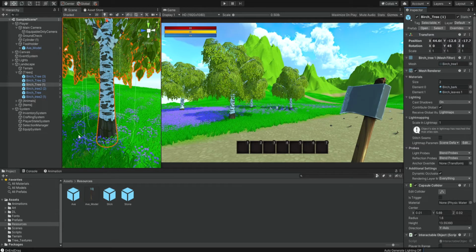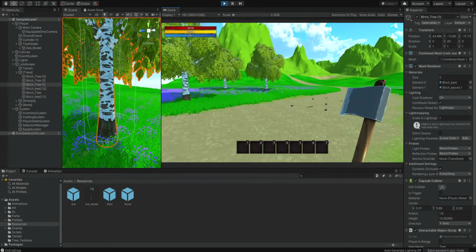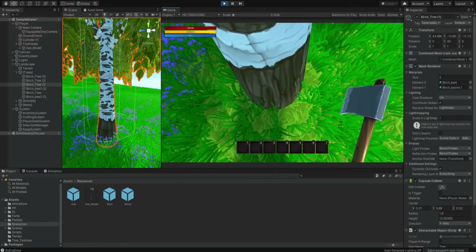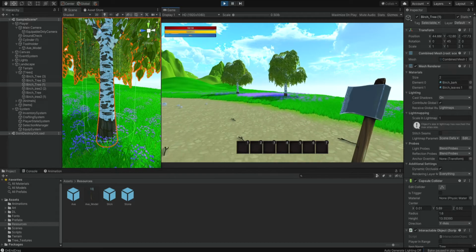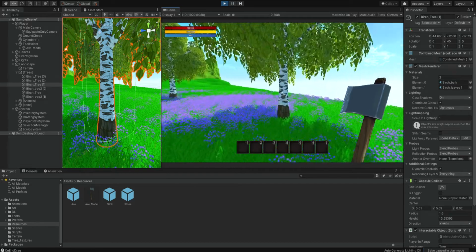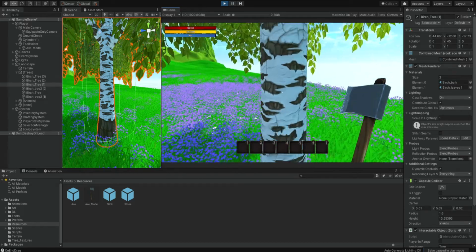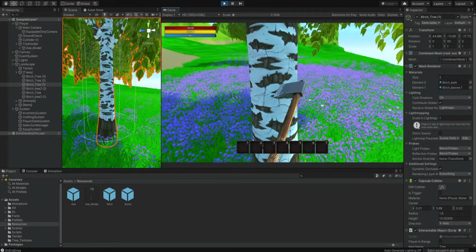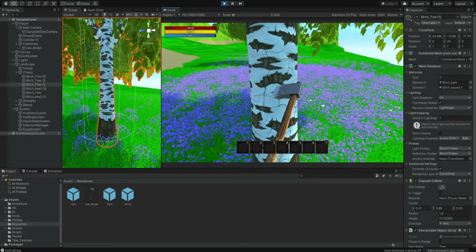So now all the trees will be with the same capsule, and if we run the game, we can no longer clip through this tree because it simply doesn't allow us to go close to the tree. Okay, and it also fits with the axe hitting the tree, okay?